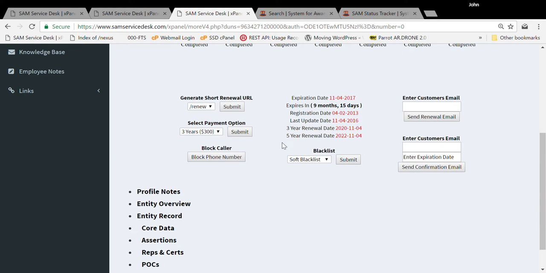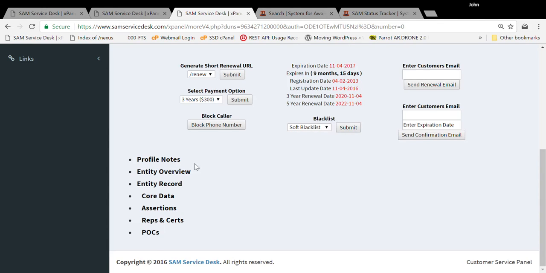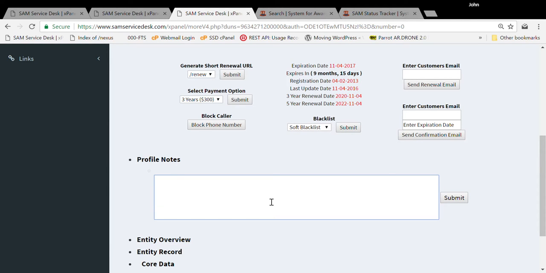And then we're going to go through these options here in a second, but I just want to skip ahead and move down to profile notes. Profile notes, when we go to do a renewal, if somebody says I need to update my point of contact information, you could leave a note here saying this customer wishes to update point of contact information to reflect the